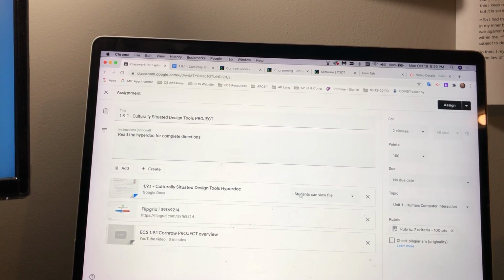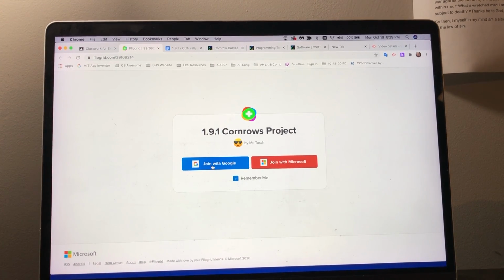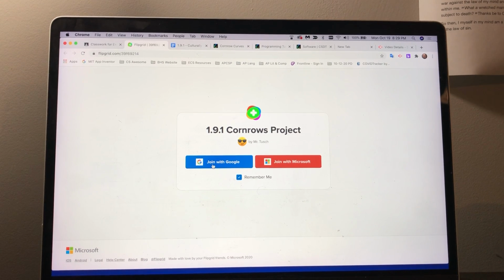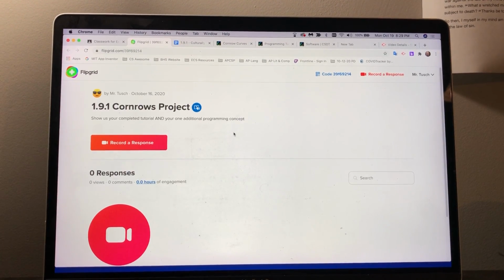Now, yours looks a little different. I'm showing you the teacher version, but you go right here to Flipgrid. And when you go right to Flipgrid, it's going to try to open up the project, the 1.91 Cornrows project. And here's where you're going to submit it. So you go to Join with Google and you sign in under your Gmail, and that will allow you to